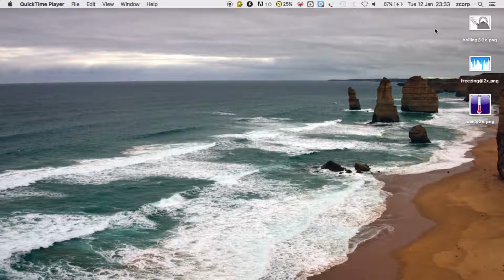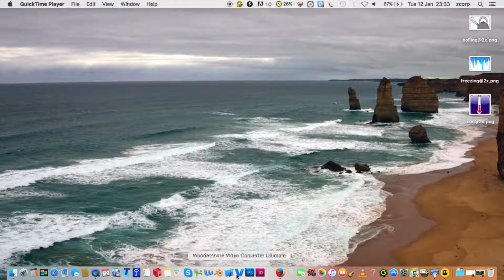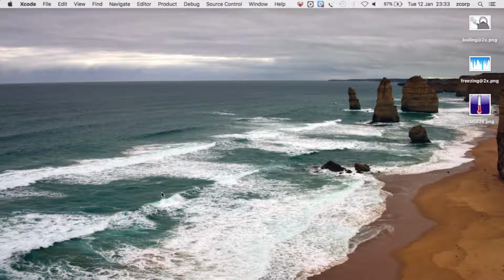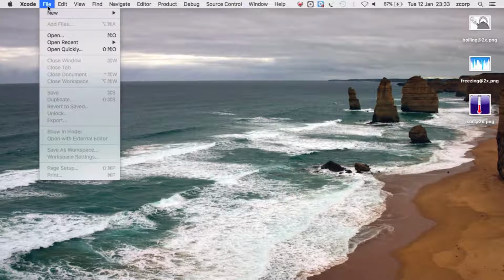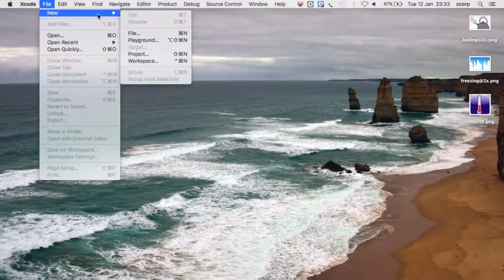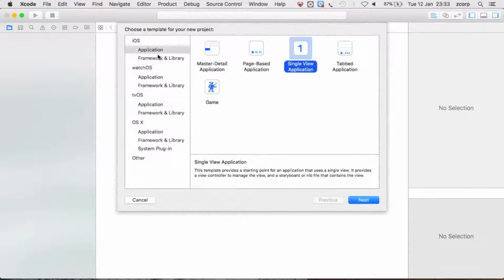Now once you've downloaded these images, we can make a start on creating the Xcode project. So we'll open Xcode, go to the File menu and create a new project. It's an iOS application and it's a single view application, and this should open up selected by default when it appears on the screen. Click Next,